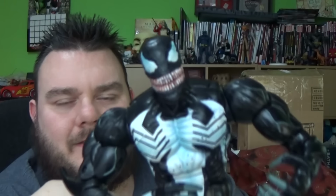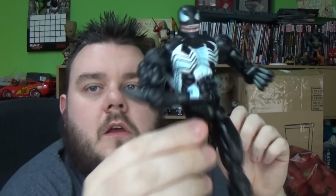So I want to take this head off and put it on the new Venom figure, because I don't like the new Venom head. I like that one. So I'm going to see if I can take this one. It is just a ball joint, so I'm going to see if it does pop off and pop onto the other figure. But again, I'm planning on doing a bit of a Venom,